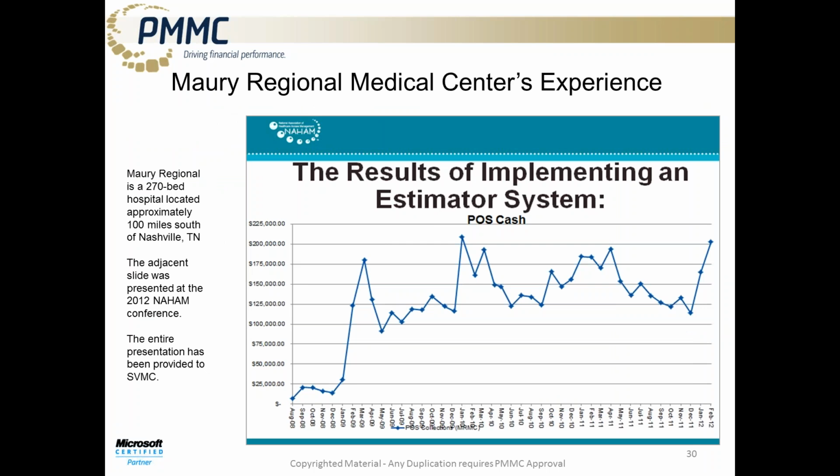Murray Regional group in Tennessee. The next couple of slides show some of their success following the implementation of an estimator tool. You can see this first slide illustrates the point-of-service cash collections. Back in August of 2008, they were below $25,000. But when we wrapped up this study, in February 2012, you can see they were around